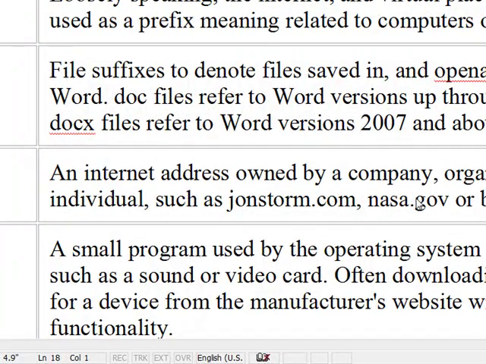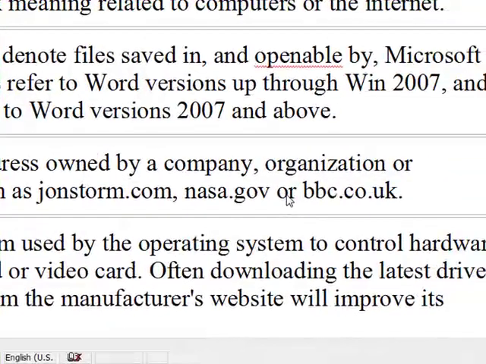Examples are nasa.gov, Microsoft.com. My vacation rental domain name is visitprinceville.com, and the Seniors Computer Group's domain name is scgsd.org.